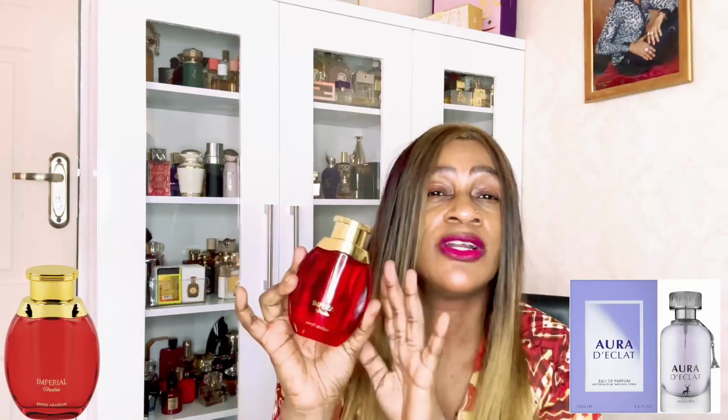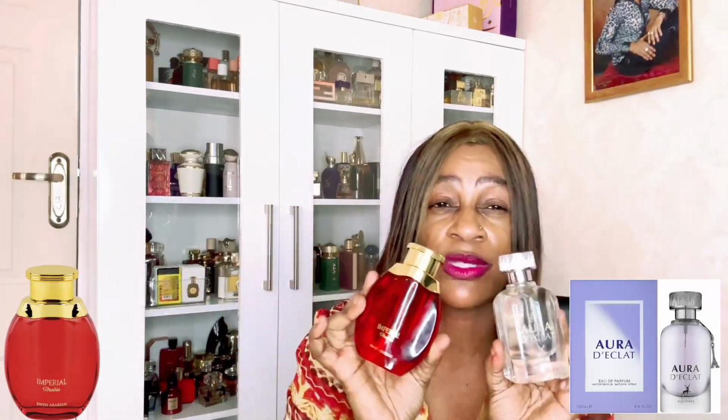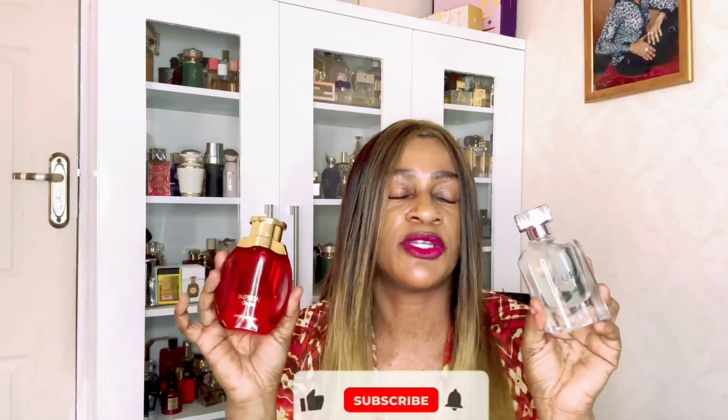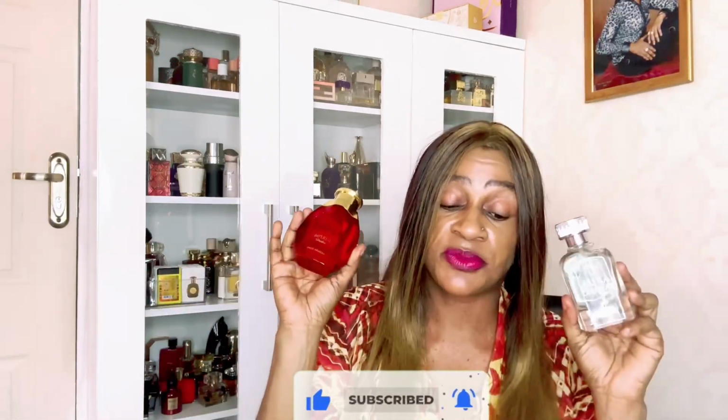I'm not saying it's the same fragrance, but remember when I said you couldn't layer this one with a flimsy fragrance? I was saying this one would take over. Now this is not as intense as the oil, so there is a likelihood that if you layer it with a freshie like this, it's probably going to relent there in its Middle Eastern spiciness. So if you find yourself with a DNA like this that you find a little bit tricky, or maybe pushy, or maybe too spicy for you, try layering it with a freshie,